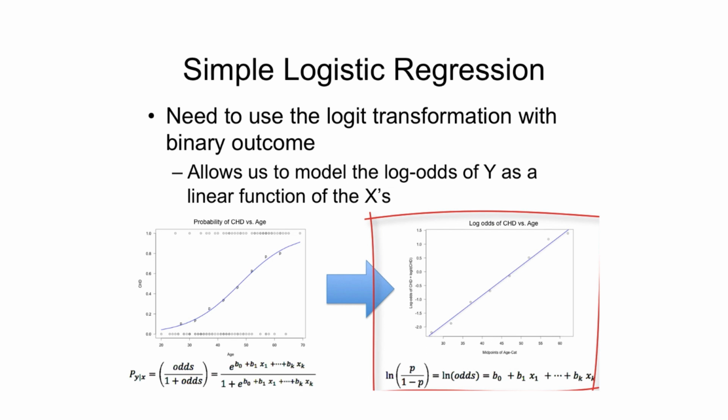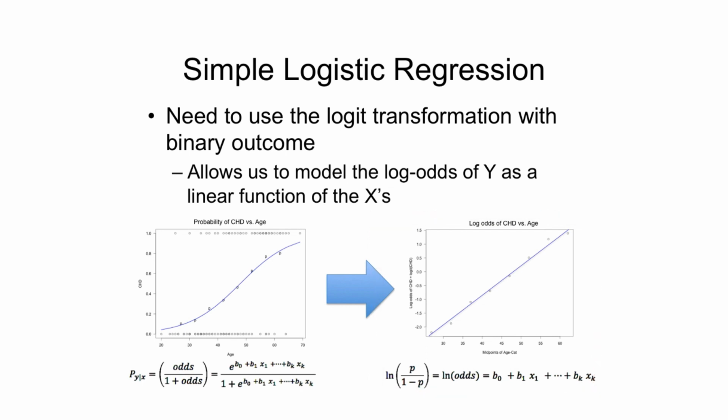As I mentioned, with the initial S-shaped logistic function, the slope varied for different values of X. But using the logit transformation allows us to fit a line which has a constant slope that can be used to summarize the relationship between X and Y. So this allows us to boil down the relationship between X and Y to a single number, the slope. This slope tells us how the log odds of Y change with each increase in X, and this is consistent